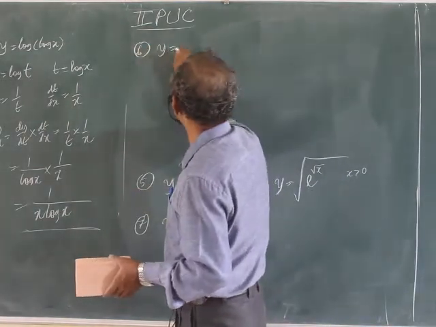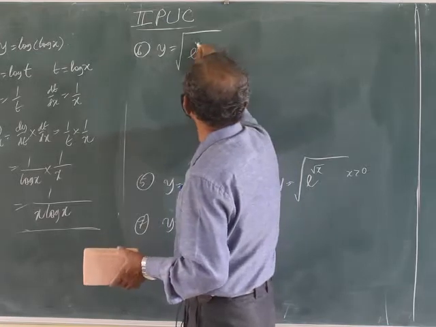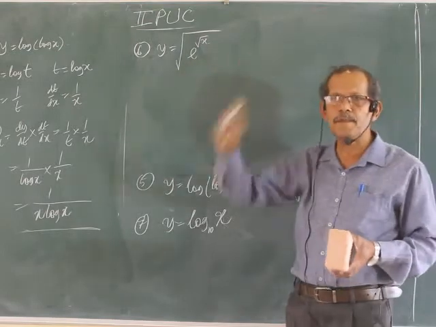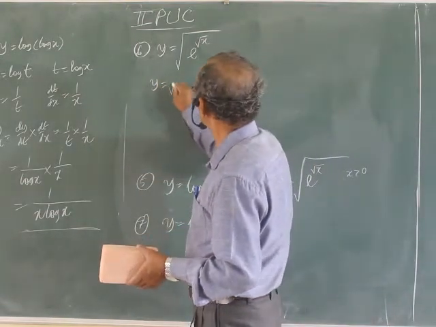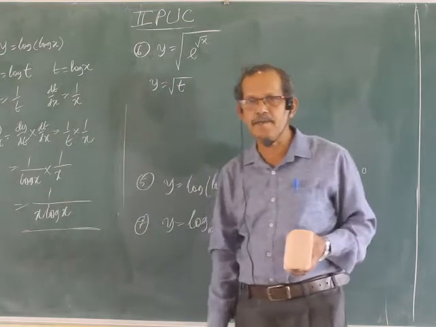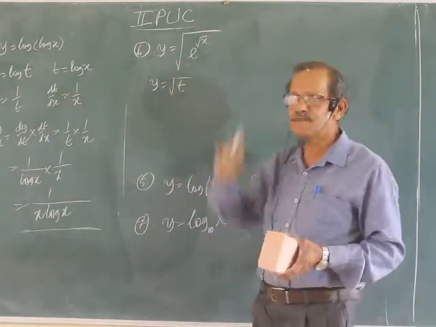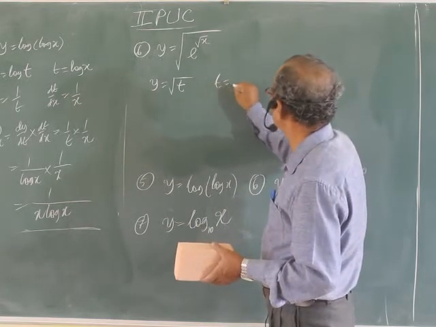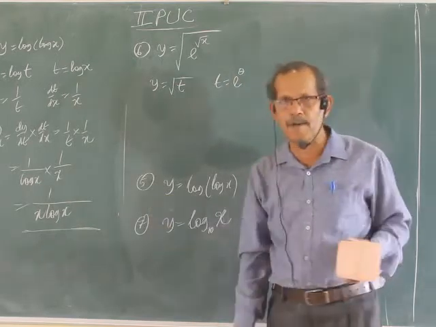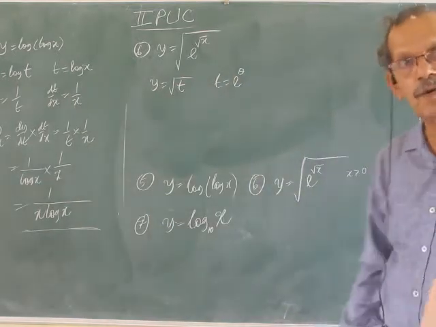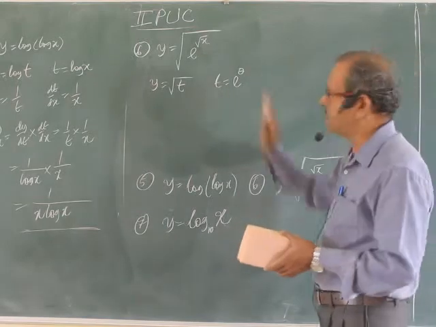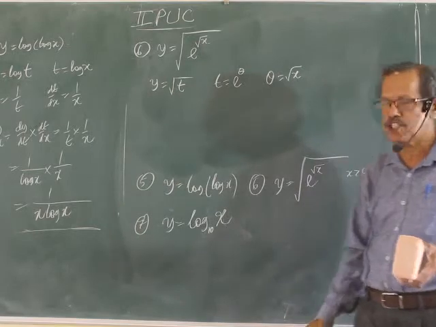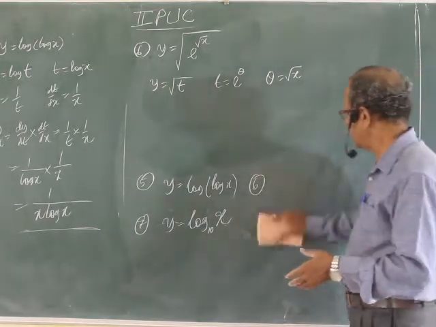Next problem, sixth one, see. Y equal to root of e to the power root x. Chain rule, no doubt. Pure chain rule, but e to the power is there. Y equal to root of whatever it may be, t, because outermost function is this square root. Next function, e to the power. So t equal to e to the power, again some problem, say. It is not x, it is root x, one more function. So e to the power theta. Finally, one more last function is that theta is root x.